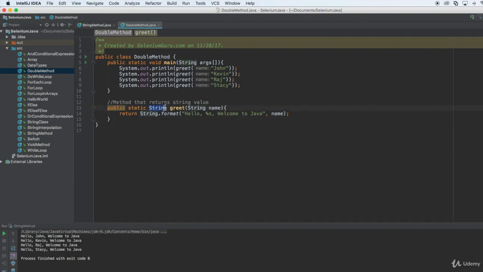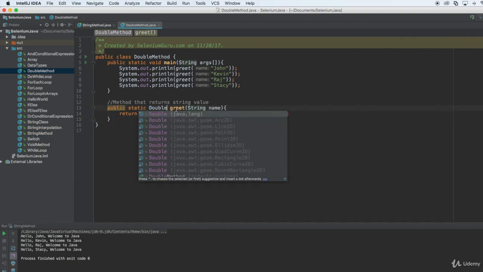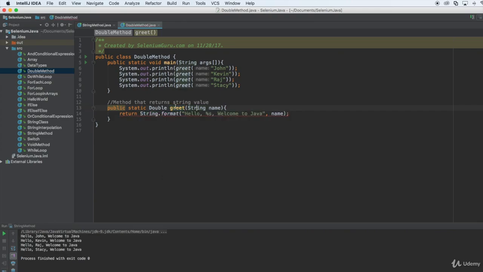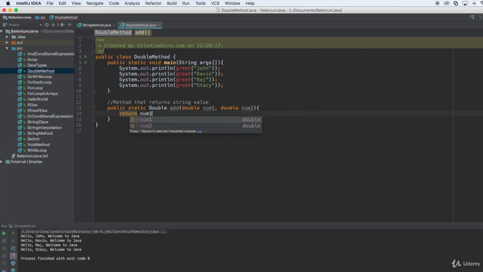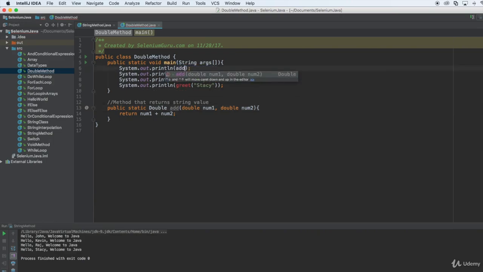Alright, so here I'm going to do double, and in here I'm going to do add. It's also going to say double num1, and double num2. So here I'm returning num1 plus num2. As you can see here, I'm returning a double because num1 is a double and num2 is a double as well. Now if I call this add method here, I can say add 21,